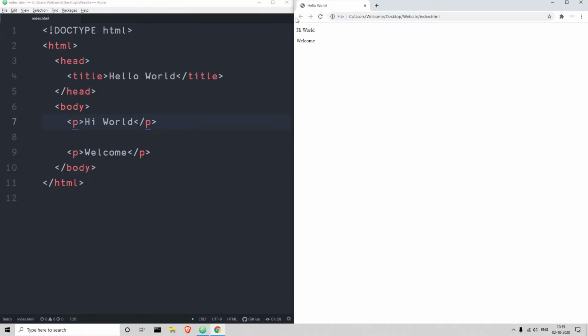So you can see earlier and now there's a slight difference. The hi world text has come down a bit. That's what the p tags also do. Although they say this has to be in the next line, they give a space between the previous one and the next one, because whenever you write a new paragraph you need some space between the previous one and the next one. Since HTML does not know that hi world is the first thing that we have started in the body, by default the p tags indicate that okay, there has to be some space between the previous one and hi world. So it just puts a little bit of space.